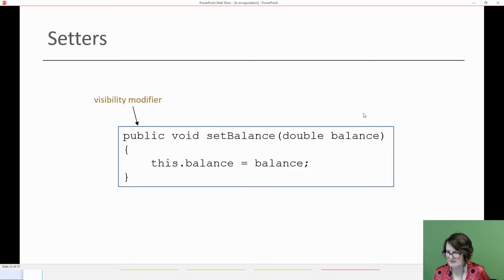So this is a simple setter. In this case, all methods will be private just for the moment. The return type is void because what I'm doing is changing the value of a field. I'm not making any decisions based on it; I just do that always. Set balance, and I have the double balance there. So you can see here, and remember the use of the this. So this is my local variable,